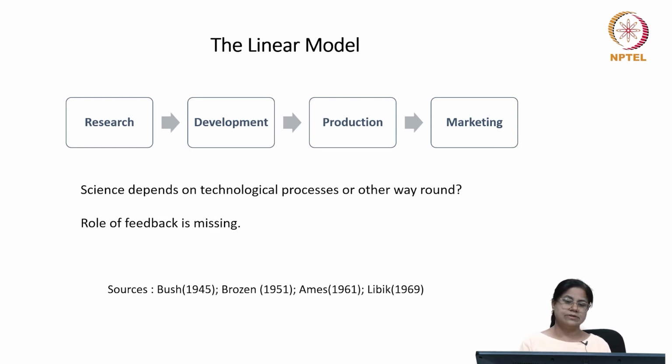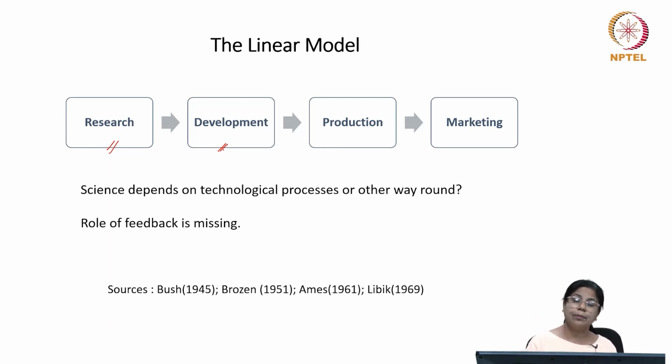This linear model essentially has a one-dimensional understanding of the process of innovation. So we begin with what we call research. Essentially, a certain amount of basic research goes into a certain field of study, and there is a potential that using that, a prototype can be built. You can link it with advancements in biotechnology, whereby maybe a new molecule is discovered, or in the pharmaceutical sector, new molecules come into the picture. Following that, there is a potential to develop a drug from that.